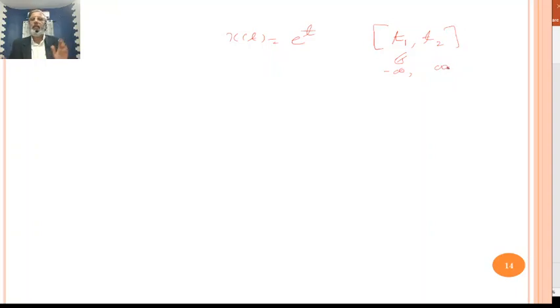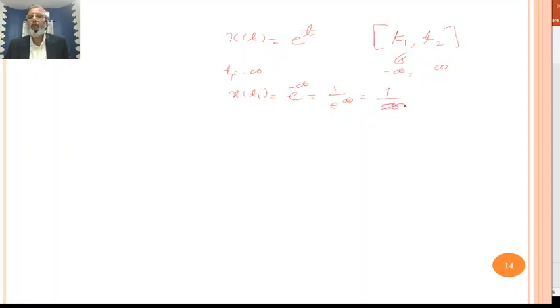Means this signal exists from minus infinity to plus infinity. We will find the amplitude at t equal to minus infinity, T1 equal to minus infinity: x(T1) equals e raised to minus infinity, that is 1 upon e raised to infinity, means 1 upon infinity,